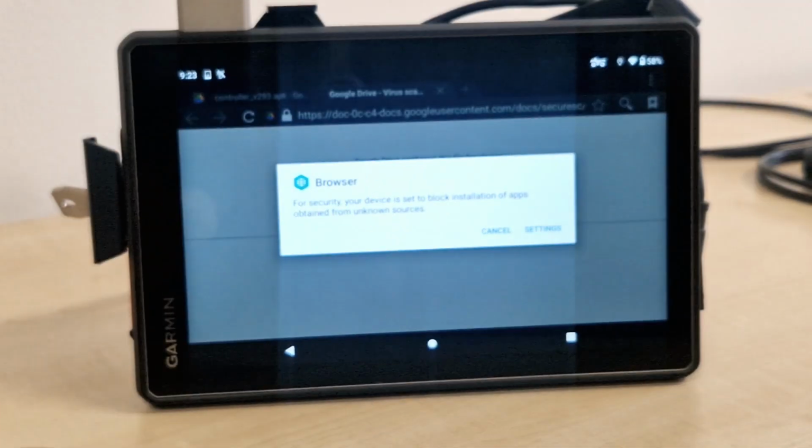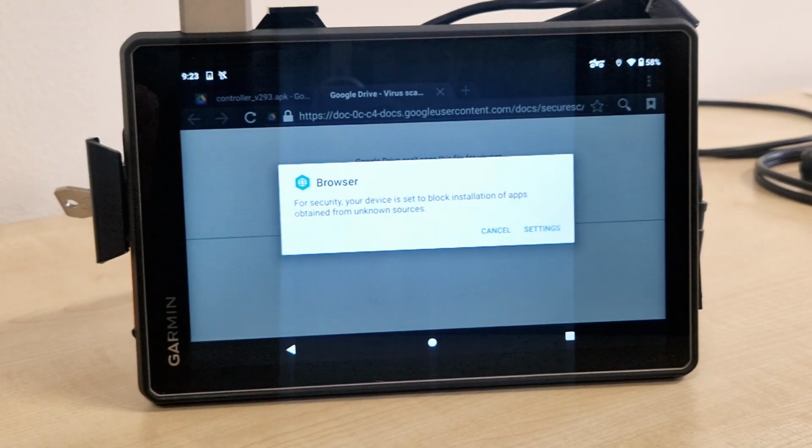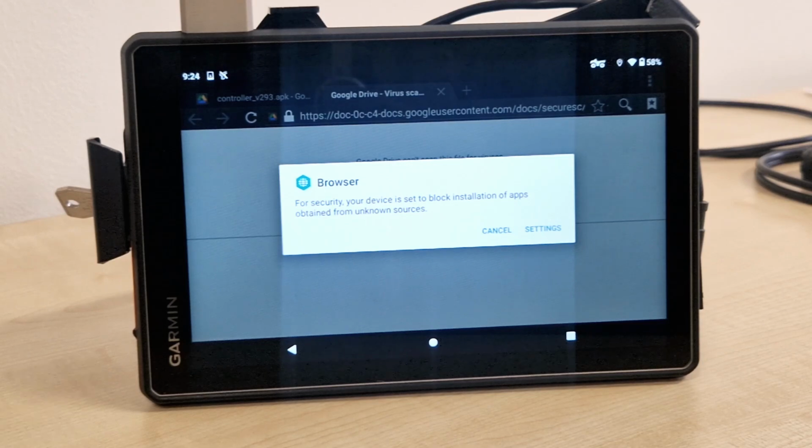Okay, just to finish, don't worry about all these warnings. It is exact same code like it is distributed through the Google Play Store, so there's nothing harmful. All these warnings are just general about APKs. It's nothing specific about our specific app. There's nothing insecure or anything that you should be afraid of.